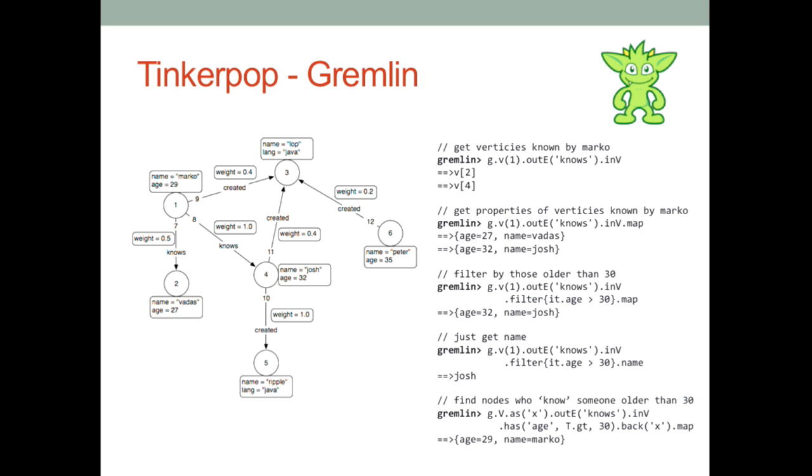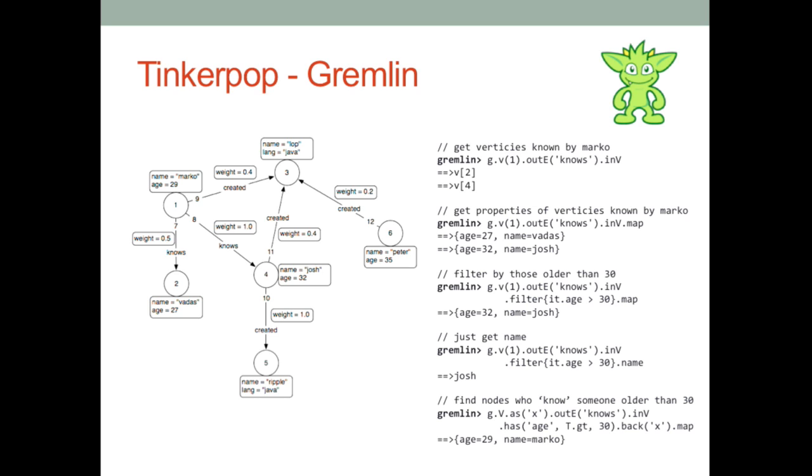So this filter construct, you see those curly brackets there. You pass the filter essentially a closure function, and then that it is the iterator as you're going through and doing that filter. I'm not a Groovy expert. I think I know just enough to be dangerous, just enough to get by with using some of these things.